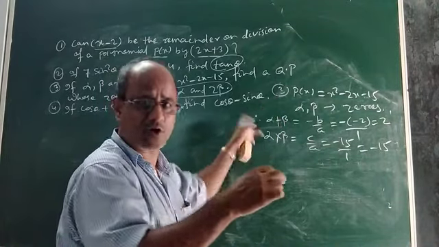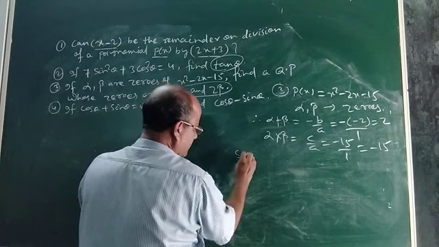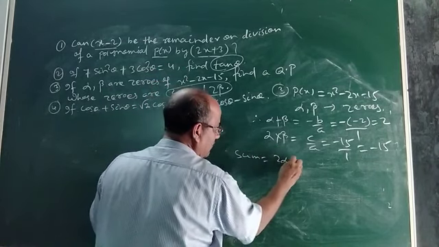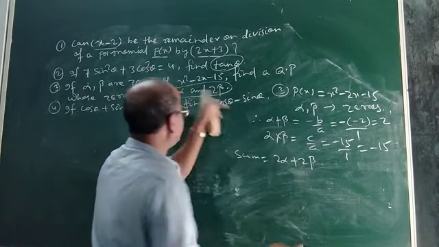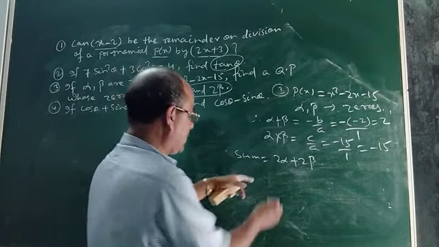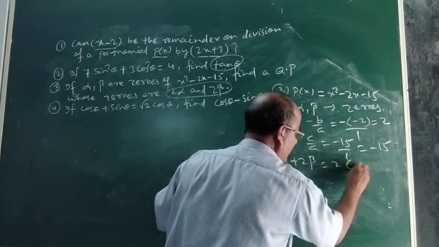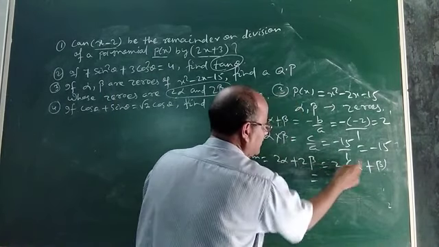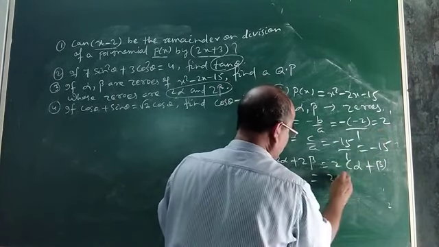So first you find the sum. What is the sum? Sum equal to 2 alpha plus 2 beta. These are the zeros of the polynomial to be formed. Okay. Now this will be 2 into alpha plus beta. Now what is the value of alpha plus beta? It is 2. So 2 into 2 is 4.